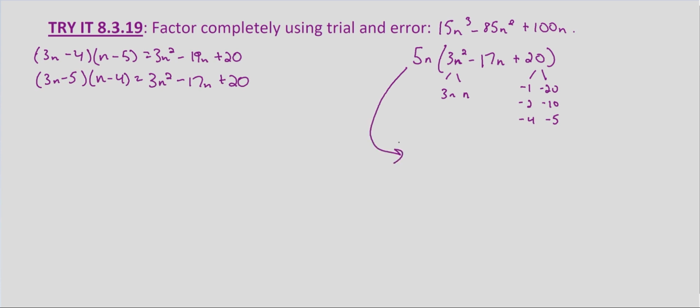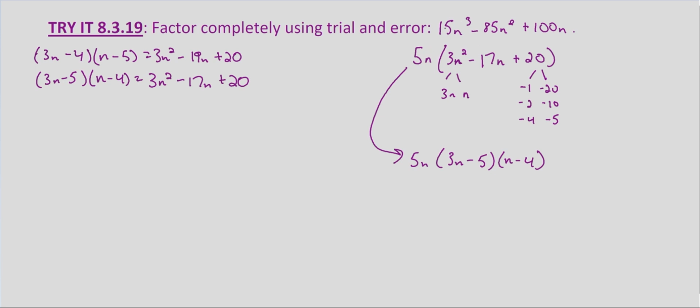So this ends up being 5n times 3n minus 5 times n minus 4. And we don't really need to check that other than to multiply back through if we wanted to, because we already multiplied to make sure that using trial and error we ended up with what we had in parentheses. So really all we would need to do is redistribute the 5n to make sure that 5n